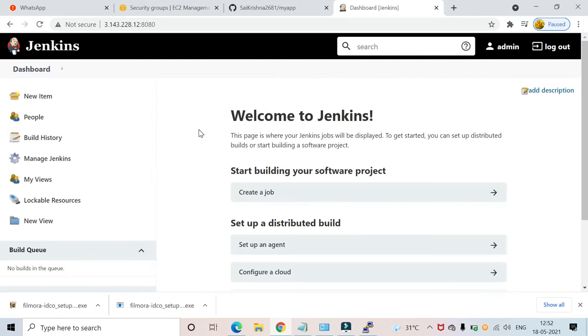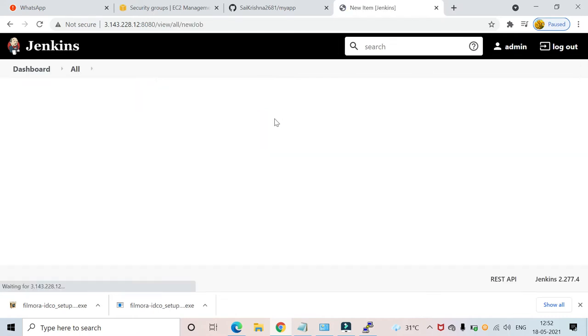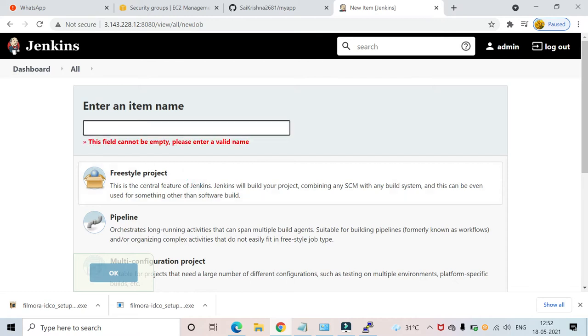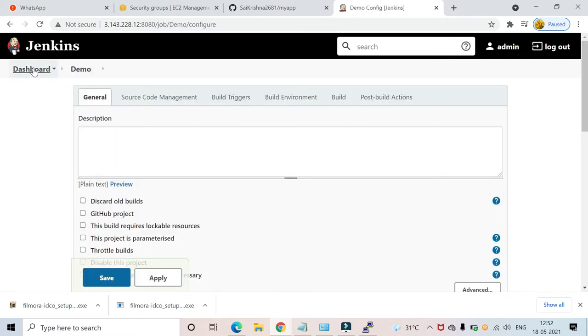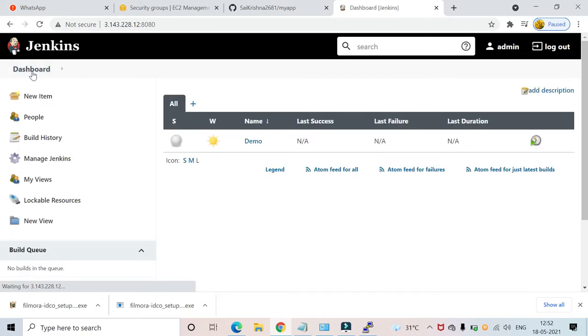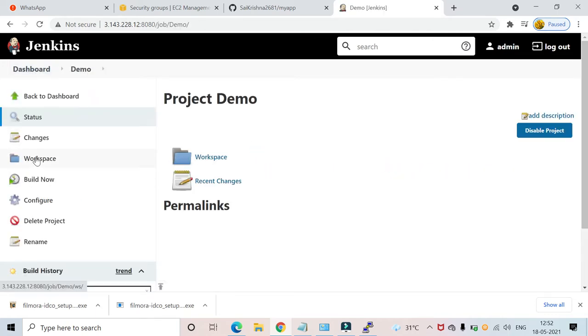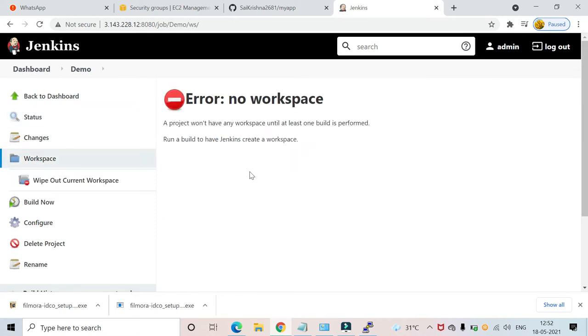Jenkins doesn't have any project available by default. So now let's create a project in Jenkins. I'll create a freestyle project with the name demo. If you go to the demo project and workspace, there's nothing available currently.